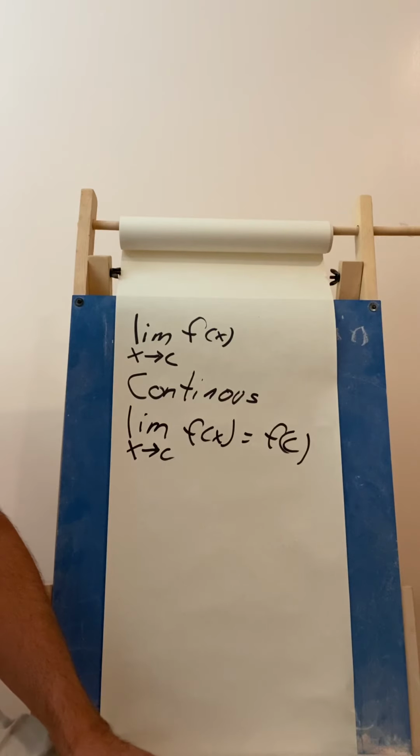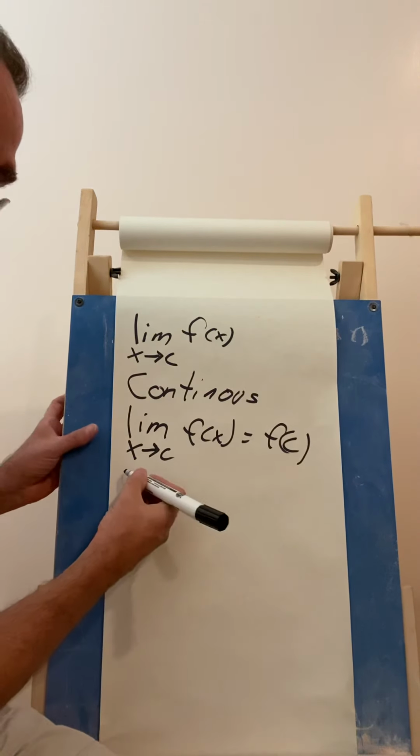Most of the functions you've come across, polynomial functions, linear functions, quadratic functions, trig functions, they are all continuous. There's no strange behaviors there. So if you want to evaluate what the limit of the function is at a particular point, the very first thing you do is you plug that point into the function. So for example,